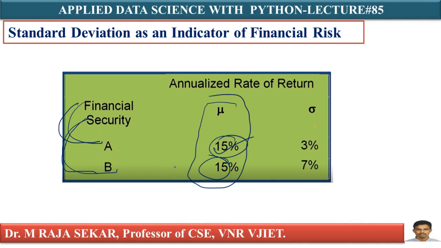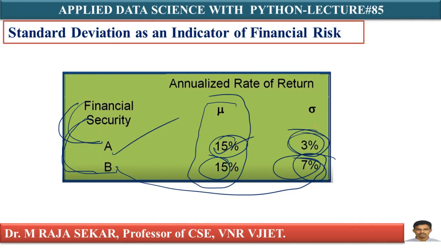Look at the sigma. That is standard deviation. Because in the financial context, it is measured as a risk. First one is 3%, just see the standard deviation. Second one is 7%. So security is having high risk. Security, meaning B, is having high risk. Why? Because it has more standard deviation. So always we go for where there is a lower standard deviation. Here 3% is less than 7%. You must go for financial, isn't it? This is a simple example you can understand.